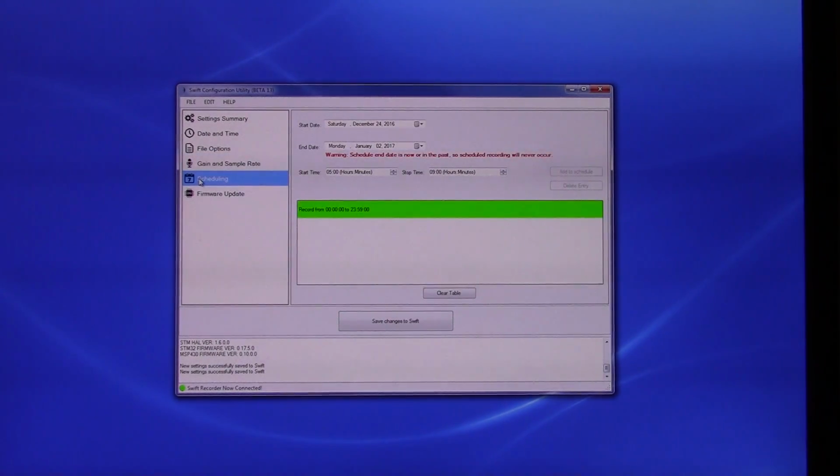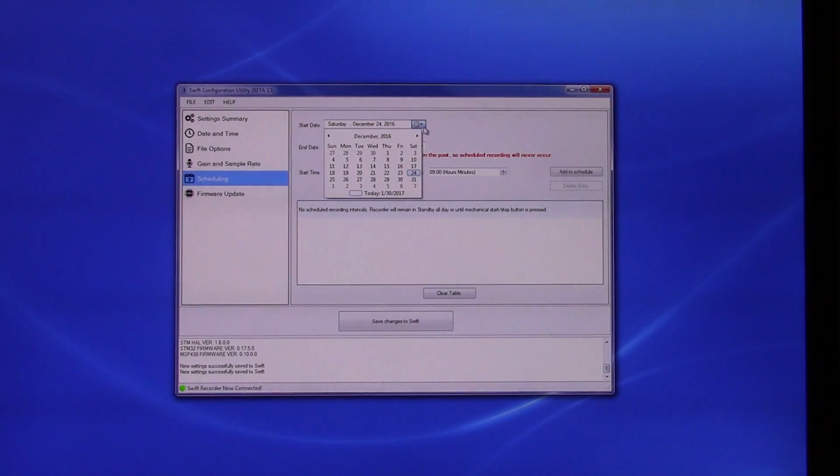Now for scheduling, this is new. The first thing you want to look at is the start date. So the way this works, let me clear this. You're going to build up a table of on and off recording time intervals that happen every day between a start date and an end date. So for example, today happens to be January 30th. If I want it to start to record tomorrow, we're going to go to,